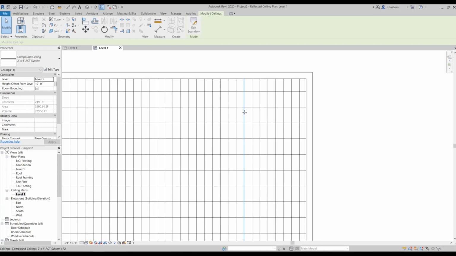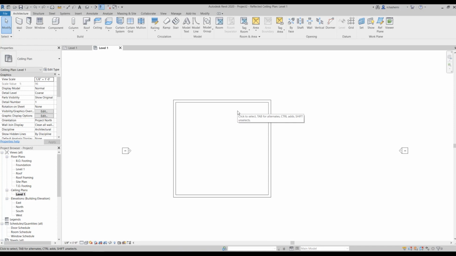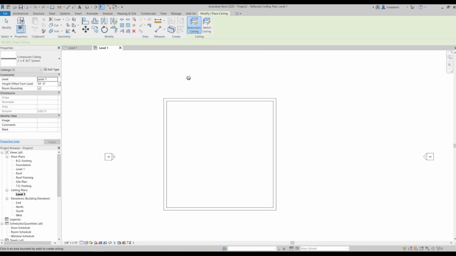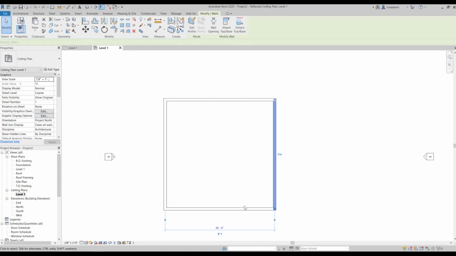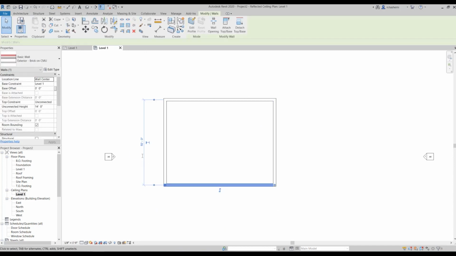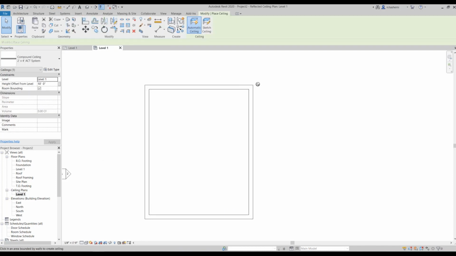Now let's try the other method. I'm going to use a Sketch Ceiling this time, so just click on Ceiling.